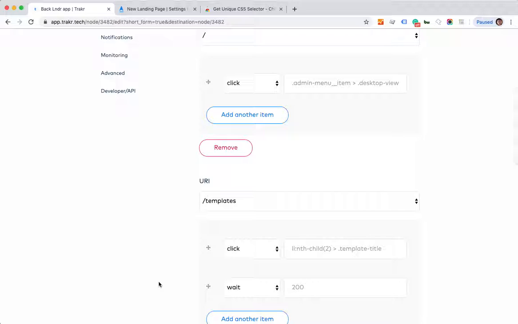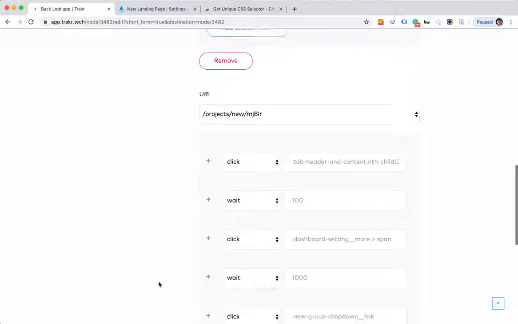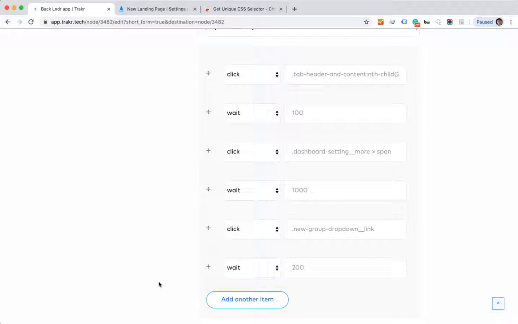But I just want to mention a couple of things I think will be helpful when you're building these. One is that adding a wait time after an event, such as clicking something, usually is a good idea because more often than not there's some type of transition effect on those events. But as you can also see, some of those transitions might actually take a little bit of time. So if you add a lot of wait time, it's also going to end up adding a lot of time for Trakr to process your entire screenshot collection. So just keep that in mind,